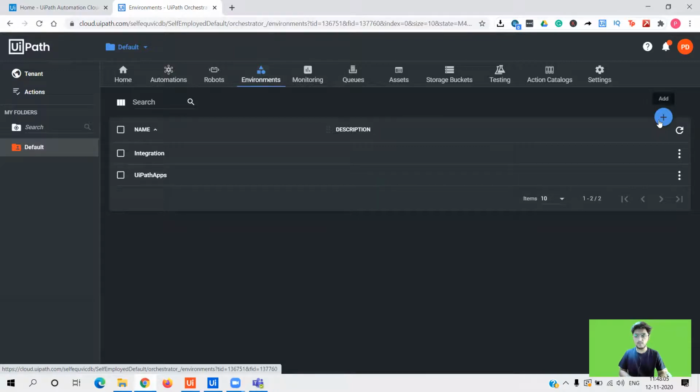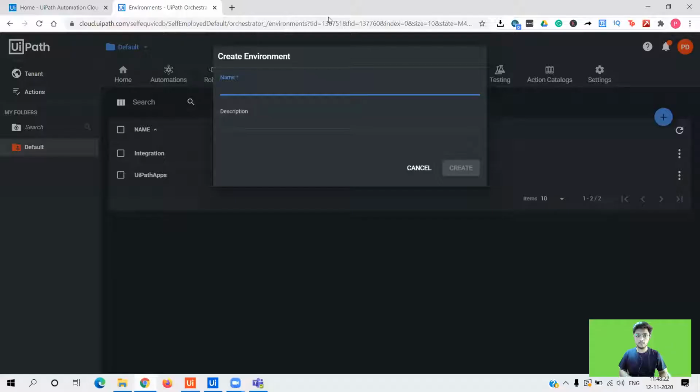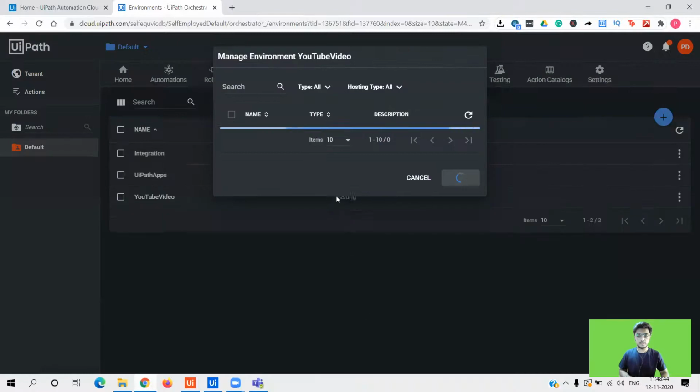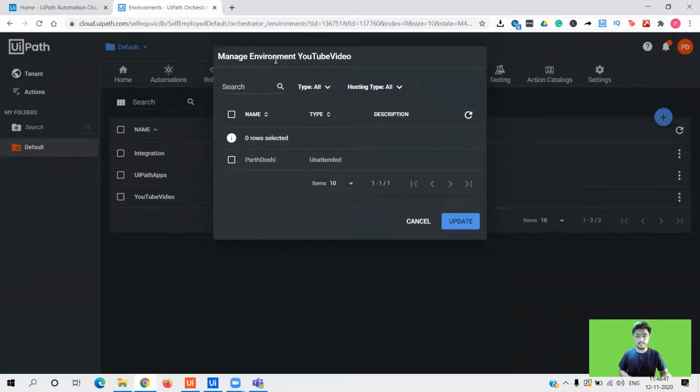While creating an environment, what we have is an add option. Now you see, I have only one option. There is no option to give the mapping of this particular environment to the robot that I have created. So let me name it YouTube video, right? No description, testing. Okay. And let me just create this. Now when I create, there's an option to add the robot. So this is how you should make sure, if you have different robots, which one you want to select, and this environment will be mapped to which one.